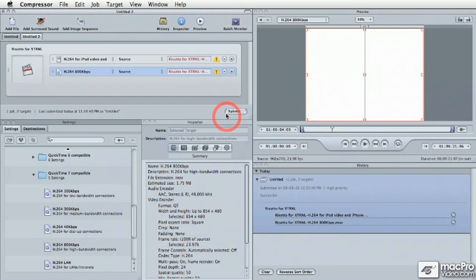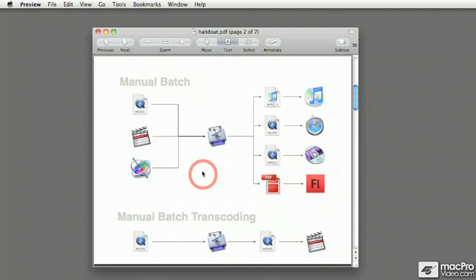As I mentioned before, Compressor is not just one application, it's rather a full system. And the nice thing about Compressor is that the system allows you to work in multiple different ways depending on how you work or what you need to do. I'll give you an example. Let me just switch over to a handle that I have over here,